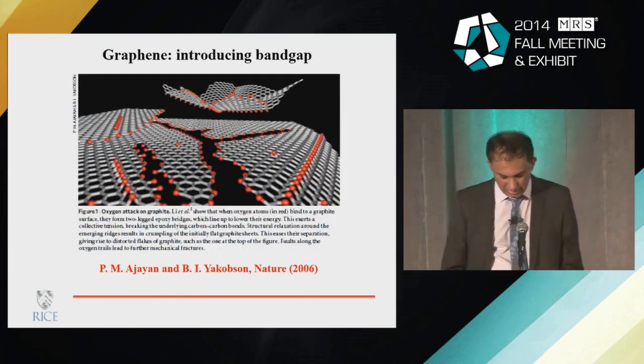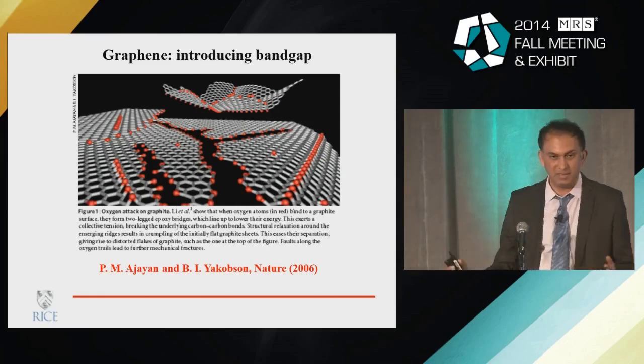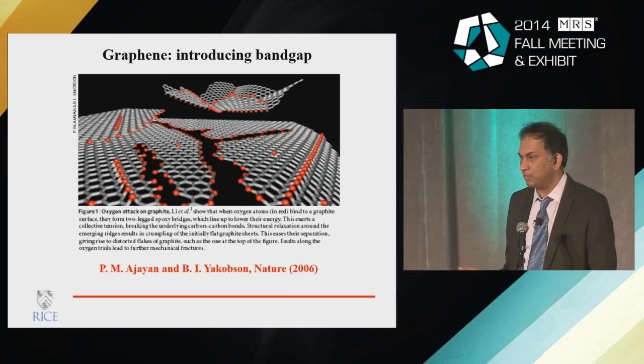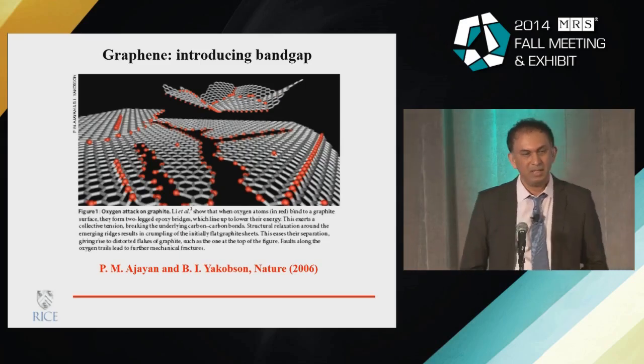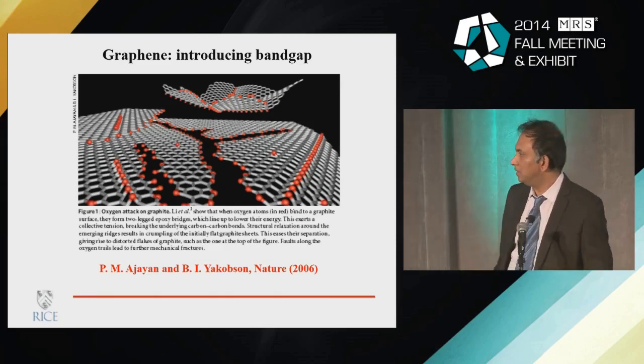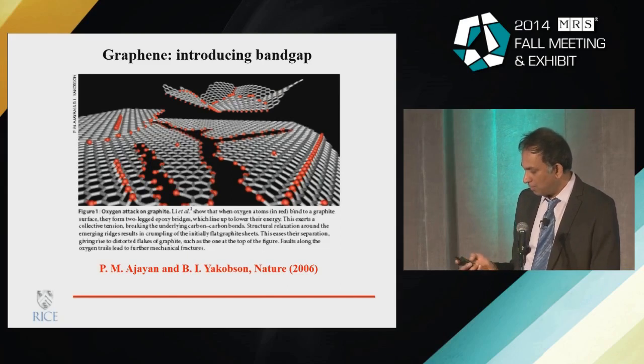Now, I mentioned that the biggest problem with graphene is that it does have to have a band gap, and that somehow it doesn't exist. So what to do? People have been trying to actually create ribbons and quantum dots and so on from graphene, quantum confining the dimensions so that you can introduce some band gap. But of course, there are also some other issues.